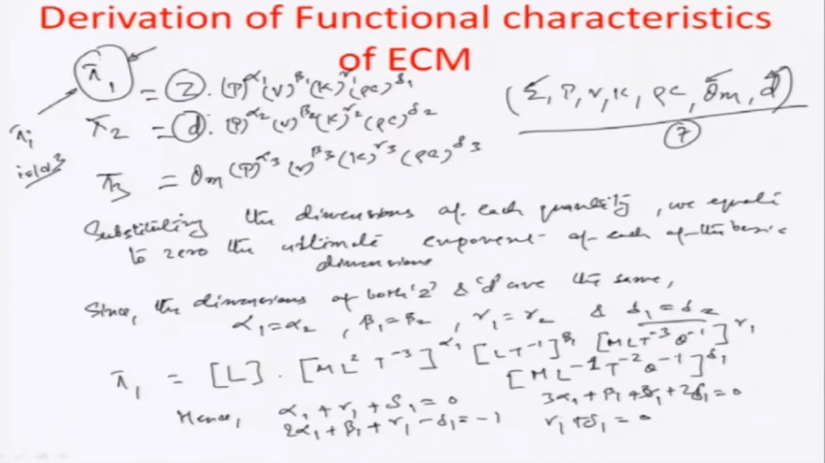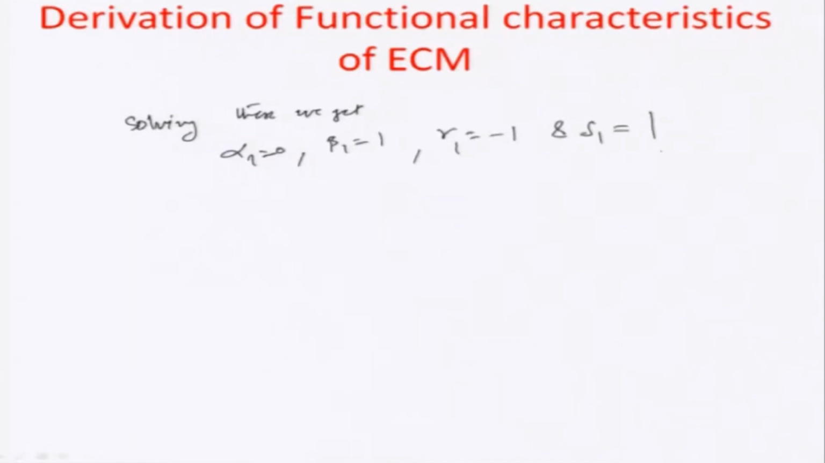And so, solving all these equations, we get alpha 1 equal to 0, beta 1 is 1, gamma 1 is minus 1, and delta 1 equals 1. Thus, pi 1, the first dimensionless group, comes out as z v rho c by k. Pi 2, the second dimensionless group, comes out to be d v rho c by k. In a similar manner,